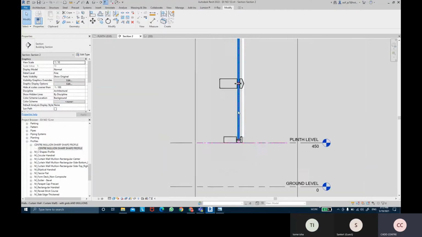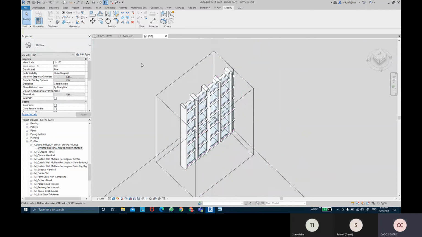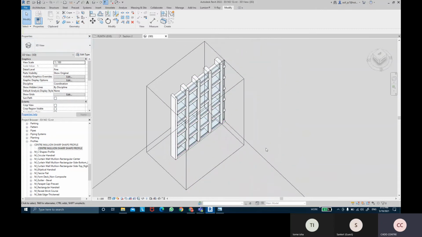Now we have created these curtain walls, and for example, if I wanted to insert a door or a window into one of my curtain walls over here.